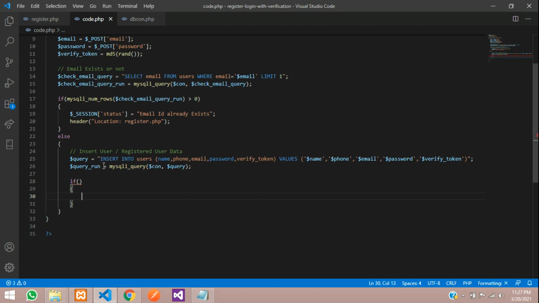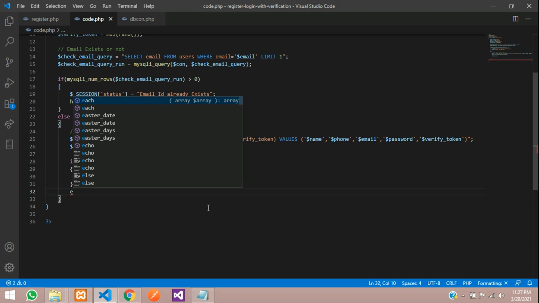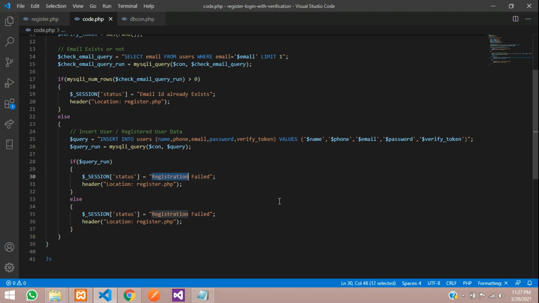So guys, now if it is success, then it should show. So we will handle this with the if condition. If this query is successful, then it will come inside this and send the message. If it is not, then it will go in the else condition, and in the same way we are going to print this message. So let's copy this, and again let's write over here registration failed, and back to register.php, and if it is success, then here we write registration successful, please verify your